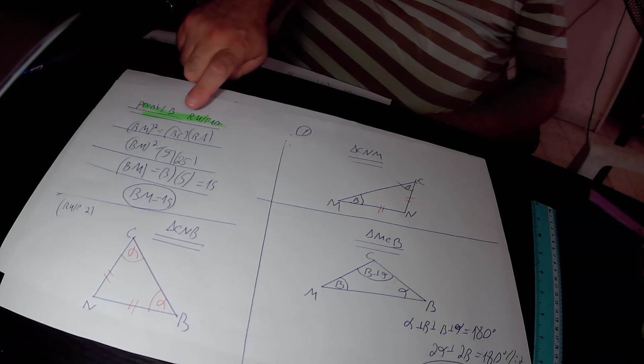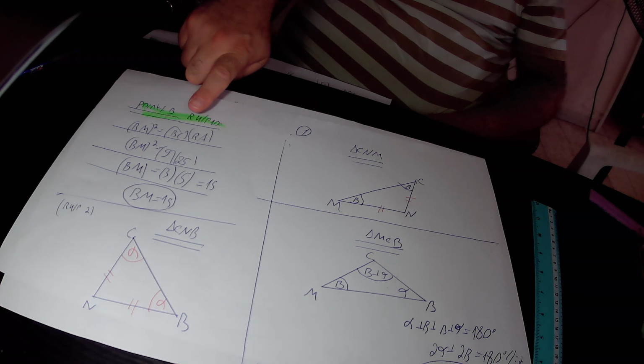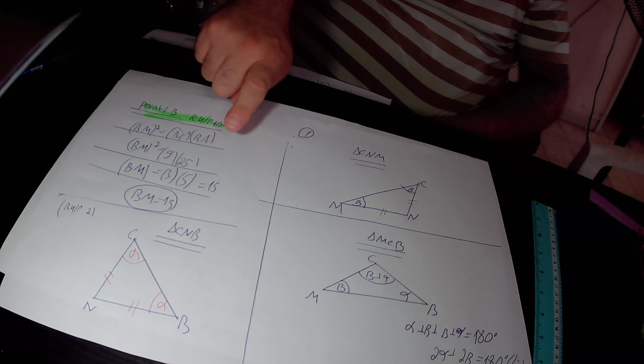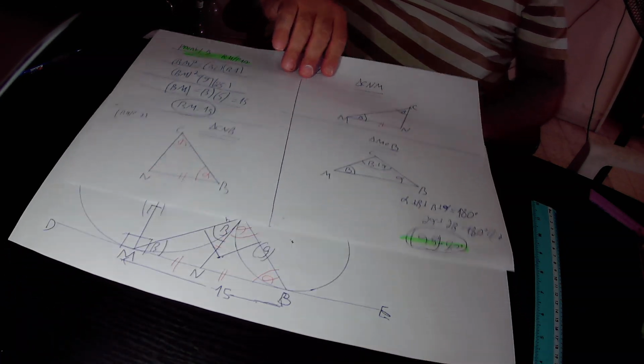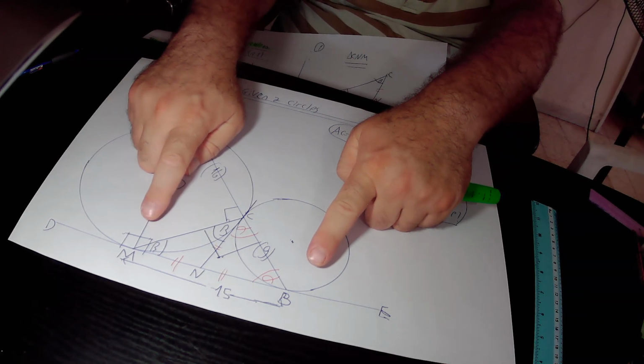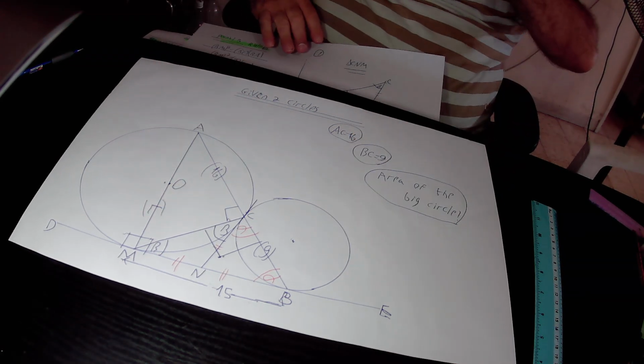Here we took a root of this equation, and found out that BM equals the square root of 9, that is 3, times the square root of 25, that is 5. So in total BM equals 3 times 5, that is 15. And again, we found out that the length of this tangent BM is 15 units. In the next step,